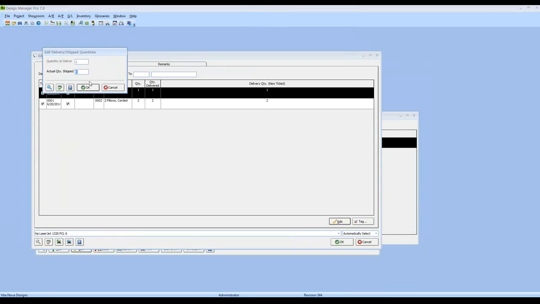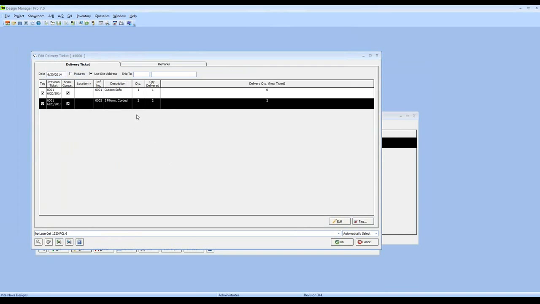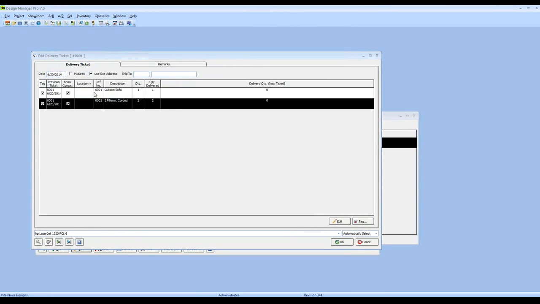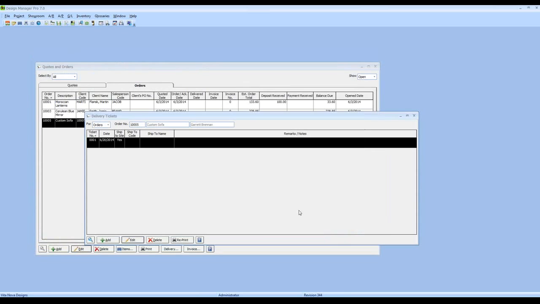So our custom sofa made it successfully. So we shipped quantity matches my delivered quantity. And the exact same for our two pillows. We delivered two, and we shipped two. So now I'm recording that information into Design Manager so I can use it throughout the system primarily. If we click OK here,